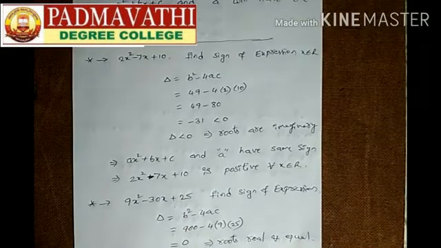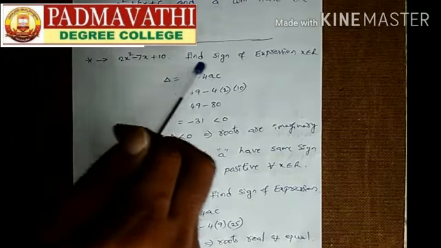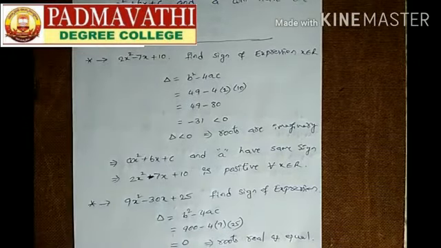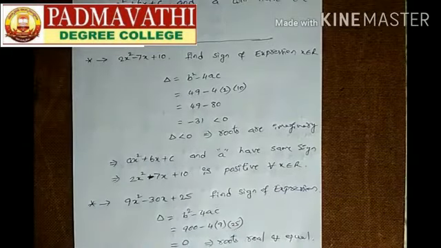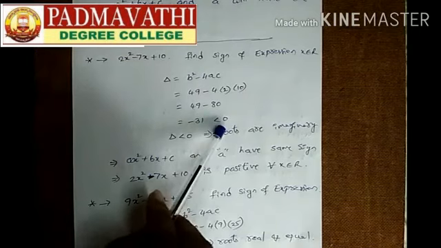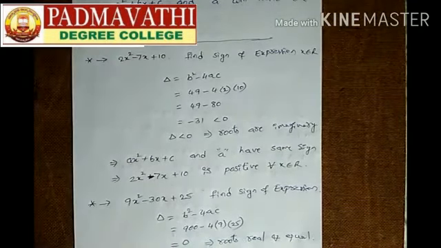If we consider that expression as a quadratic equation, equal to 0, then for that equation we are going to find the discriminant value. Discriminant is b square minus 4ac. When you substitute these values, where b is minus 7, so 49 minus 4 into 2 into 10, we got minus 31. This value is less than 0. Less than 0 means roots are conjugate complex numbers, or simply we can write imaginary. Roots are conjugate complex numbers.